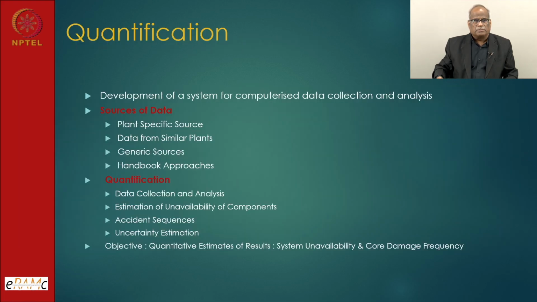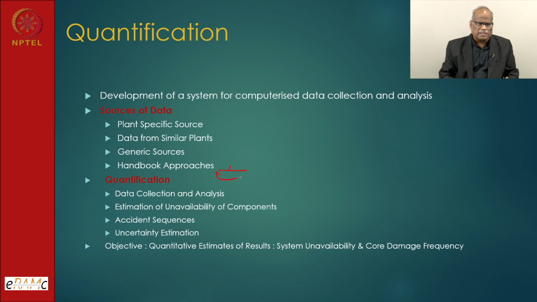Let us see. For quantification, we had a qualitative discussion, and this fault tree was discussed I think in dependability analysis or some other places. So now, source of data. Please, we have to pay attention to this very much, because plant specific source is the ideal thing for developing a PRA model. Data from a similar plant is another option, and generic source is the option when we are having a plant at design stage. We can use it, but the moment it is in operation, we have to use plant specific data only. And the handbook approach, this applies to electronic components,